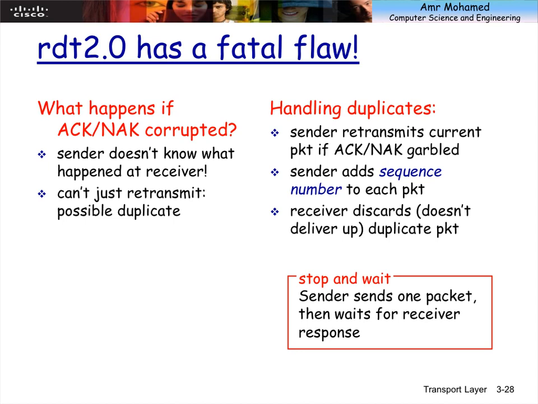At least if I put a sequence number in the packet, the receiver will be able to tell whether this is a new packet arriving for the first time, or a duplicate packet, in which case the acknowledgement or negative acknowledgement that I sent did not arrive correctly at the sender. So if I have this sequence number, then I can detect duplicate packets, and the receiver will discard the packet if it's a duplicate. For every transmission there is an acknowledgement.